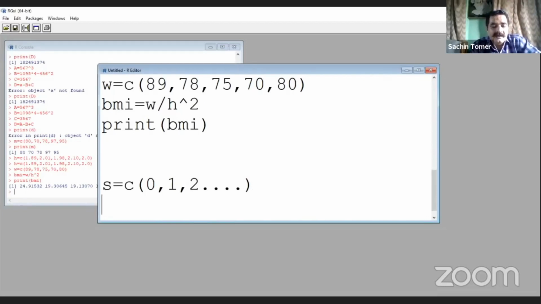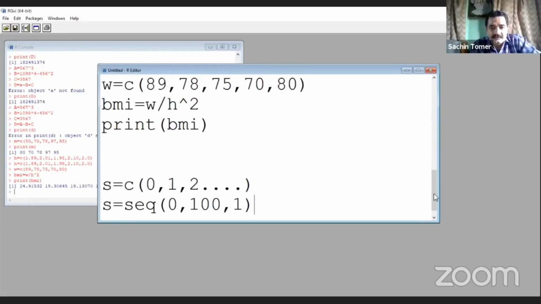So we have a command called the sequence command: s = seq. We have to write seq, then bracket 0, 100, 1, parenthesis close.